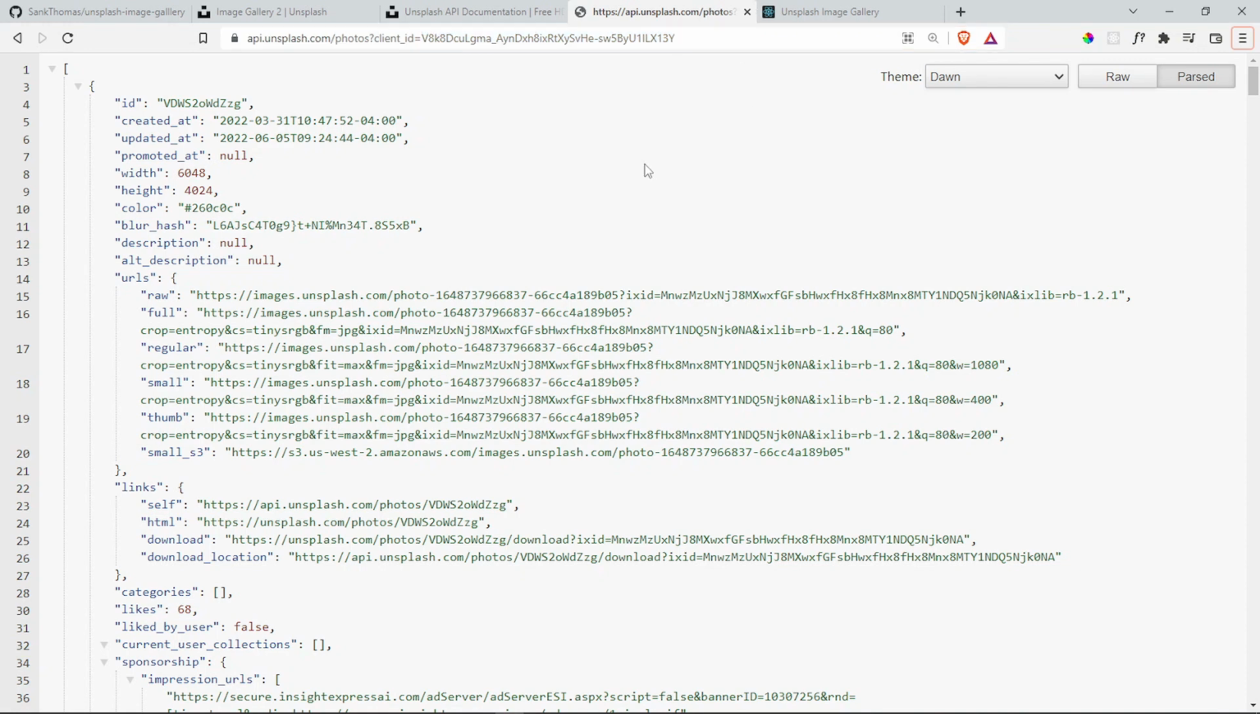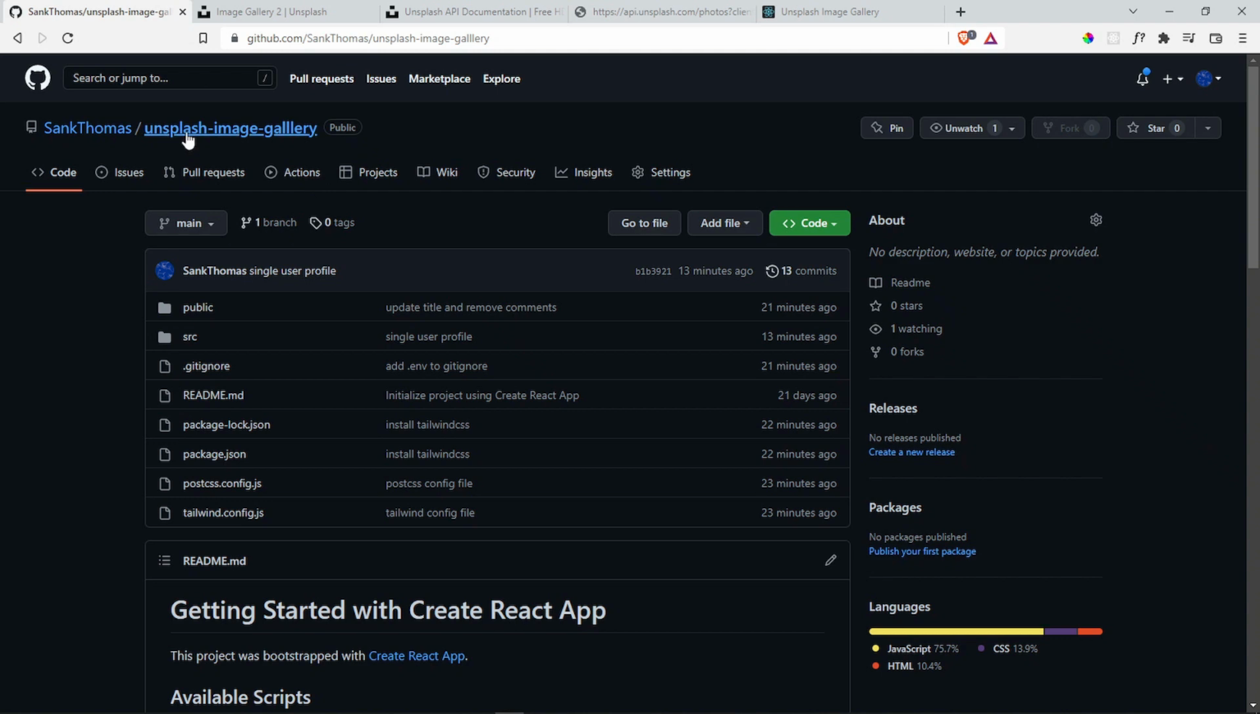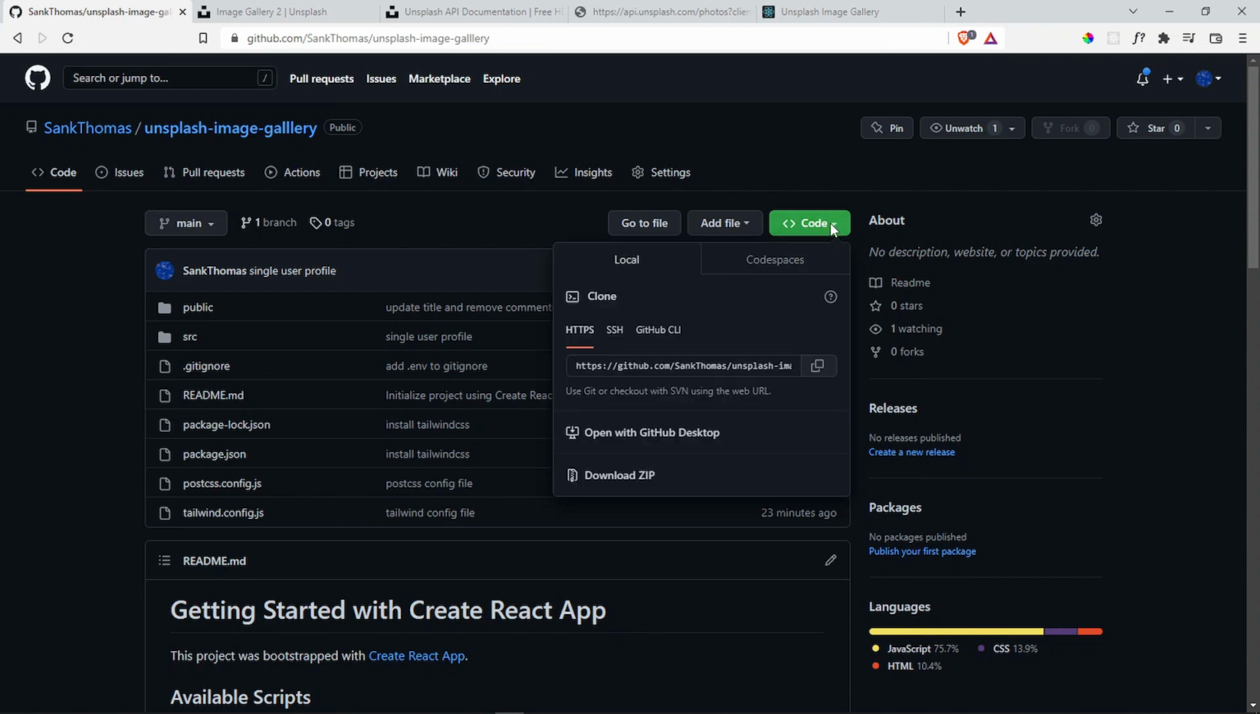So the repository that we're going to be using is called Unsplash Image Gallery. You can go ahead and click the link in the description, or you can go into my GitHub profile. Once again, the repository is called Unsplash Image Gallery, and it has 3 L's that I'm just realizing now, but anyway. So you can go ahead into this green button and you can say copy this link, and then I'm